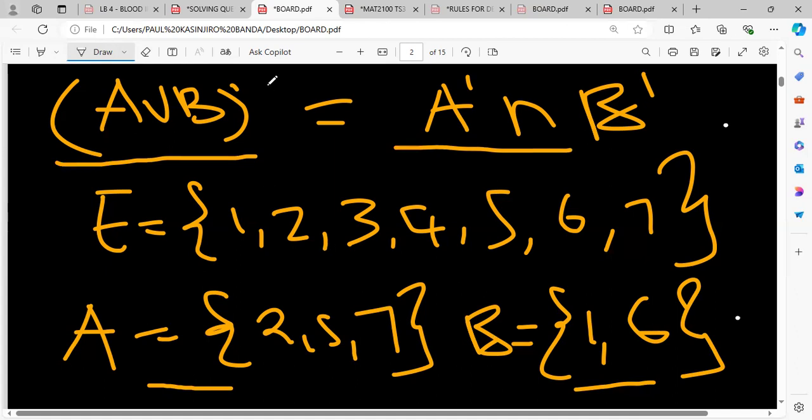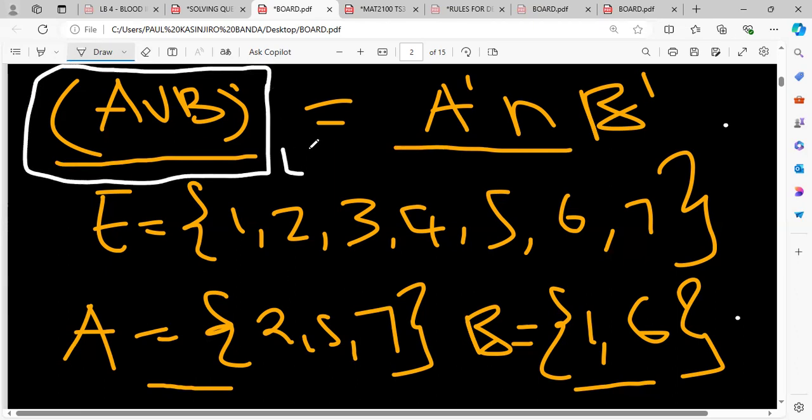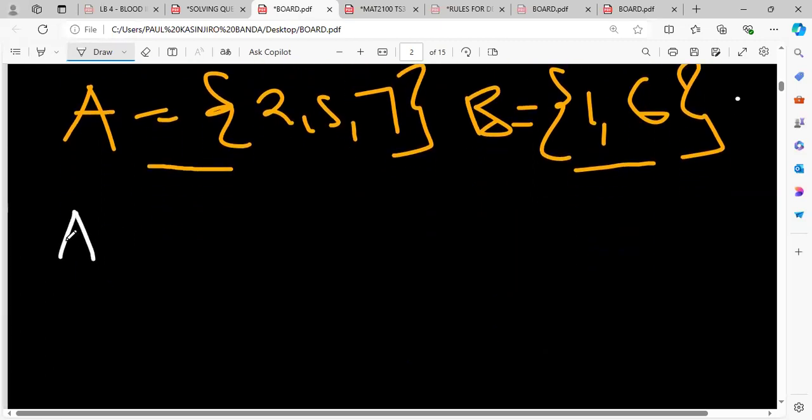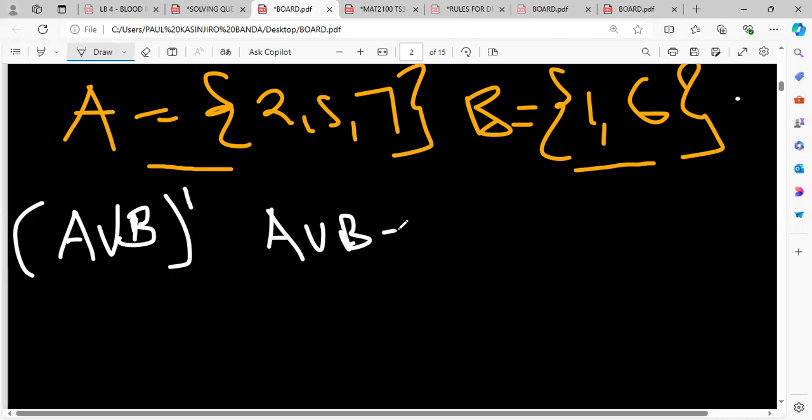So let's start by finding the members that are in the set on our left hand side. On my left hand side, I have the set A union B, and then I have a complement outside there. So how can I find the members that are in (A union B) complement? I first have to find the members that are in A union B. A union B, we said, is just combining the sets A and B. So we are going to say A union B is equal to,